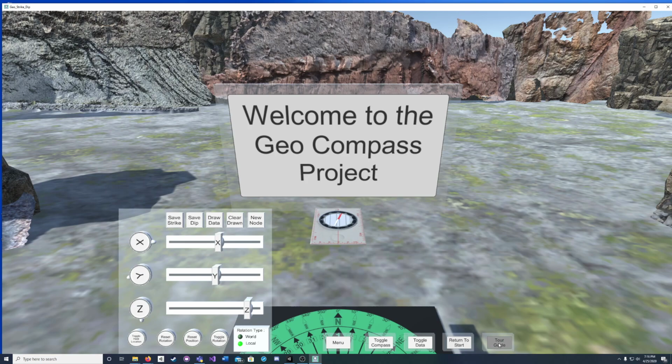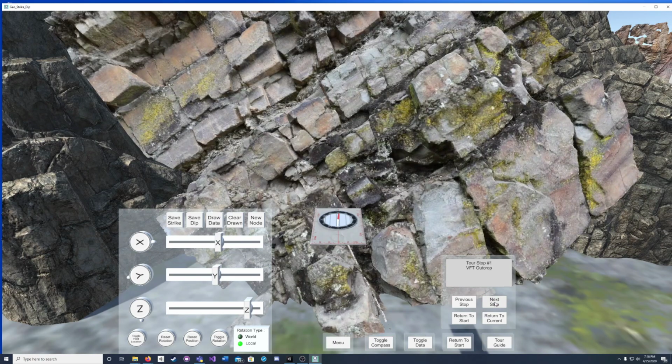I've also built in a tour guide here so that if you'd like to set up different specific locations to exemplify to other users of this program, you can station specific stops around the level and give it little bits of data. I've gone through and placed a couple here, so we'll preview those. At the moment, we're at the starting location, so as you see, the data says tour stop number 0, and it's the starting location. Whenever you're ready to move to the next stop, simply click the next stop button, and it'll port you over to the second or the next stop on our tour.